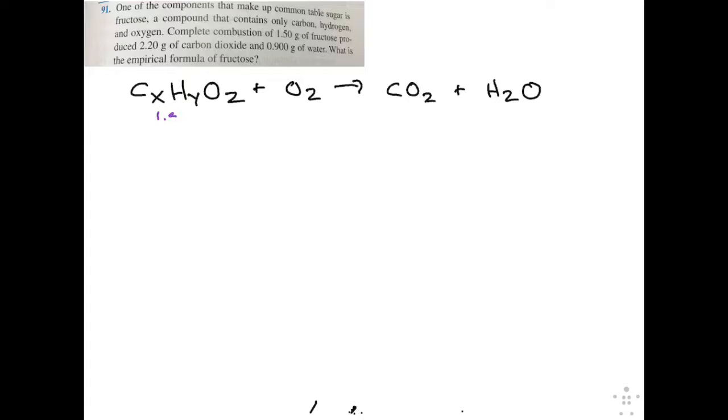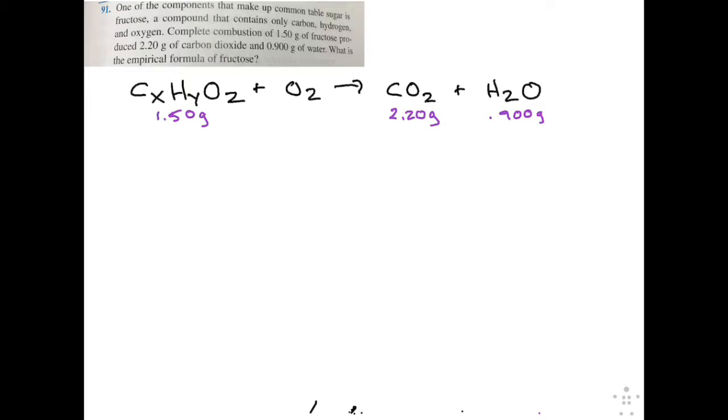It says one of the components that make up common table sugar is fructose, a compound that contains only carbon, hydrogen, and oxygen. So again, we don't know what the formula is, but I know it's basically that. Now it says complete combustion, which means we're reacting it with oxygen, yields 2.20 grams of carbon dioxide and 0.900 grams of water. And so I'm going to write those mass values in just so we can keep track of them. It said we had 1.50 grams of this sugar, and then it yielded 2.20 grams of carbon dioxide and